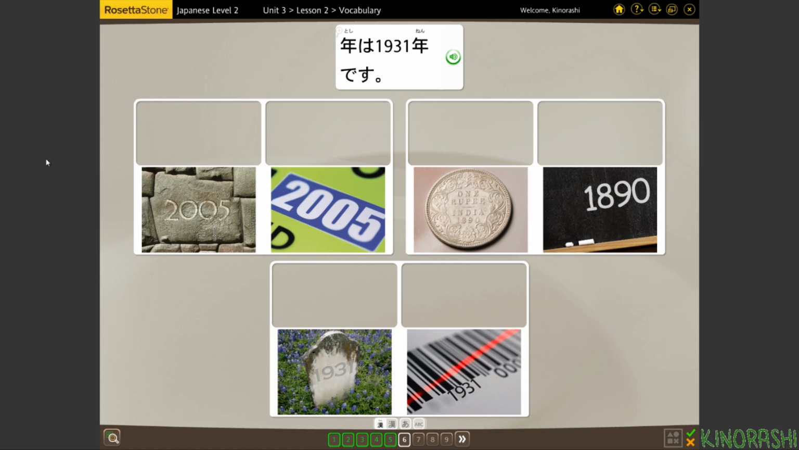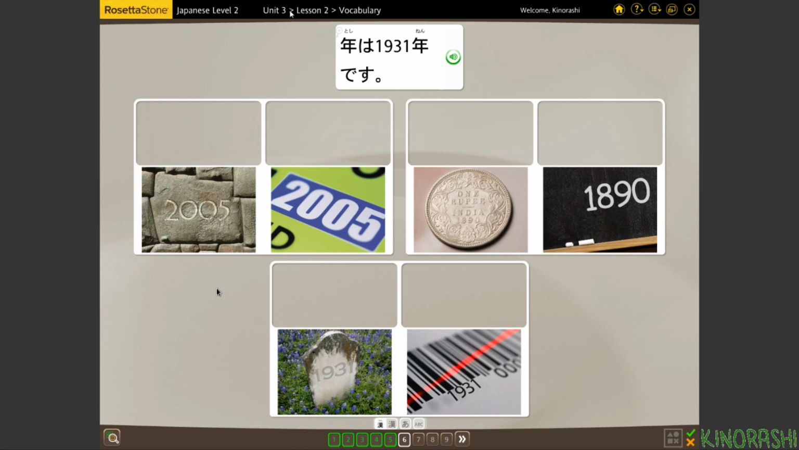Yeah, I believe "toshi" meant like gaining. So "toshi" means gaining in years. In this case, it directly translates to, let's see, "Toshi wa"